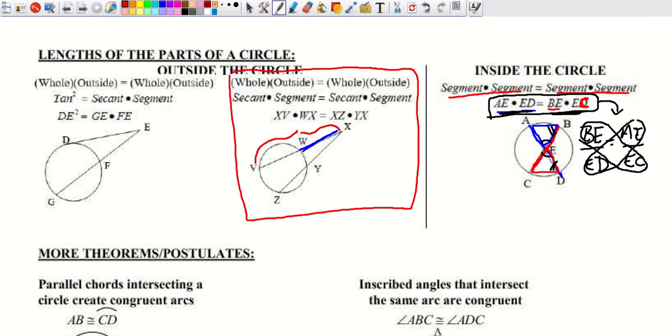And the same thing on the bottom. The whole secant over here times the outside segment. Okay, and where this comes from, again, is similar triangles. If I were to connect the two chords here, I'm going to form these intersections, and these two triangles are going to be similar